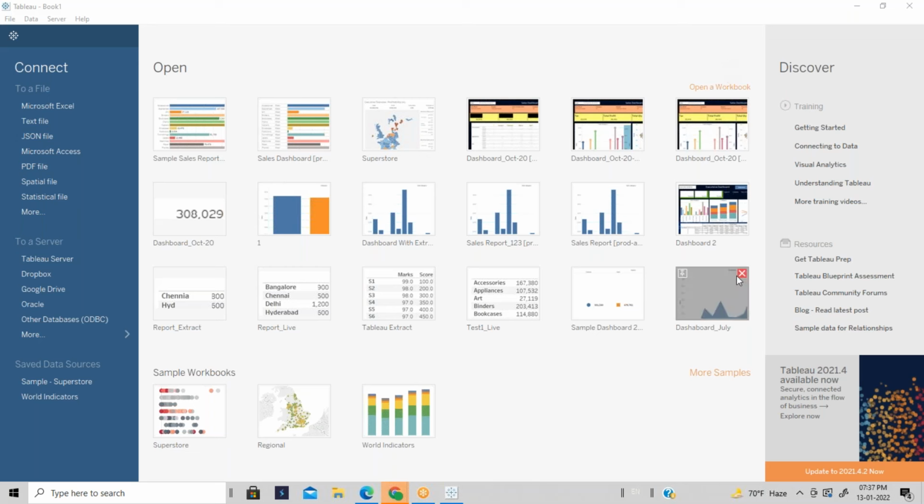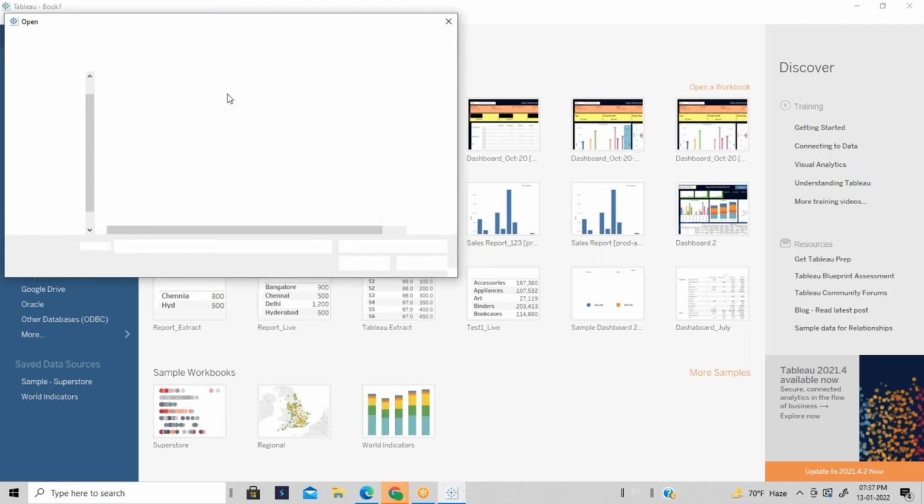Guys, in the last session we discussed the quick filter, how to define it, and also how it works in real time. Now I'm trying to connect to the Excel data source. Today we'll talk about the shared filter and the global level filter, and how to create them. First we'll talk about the shared filter.